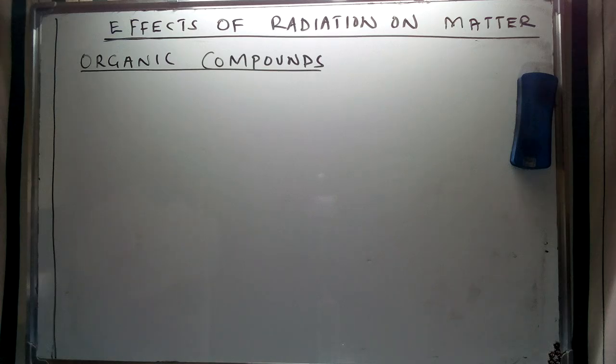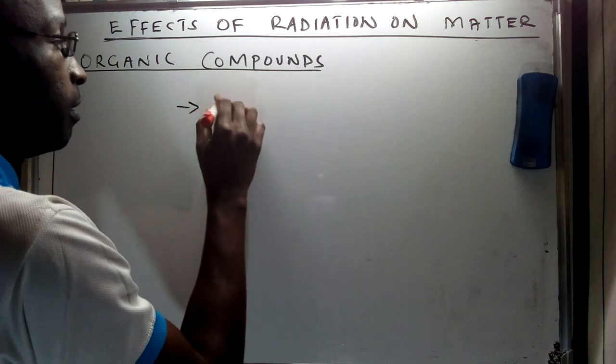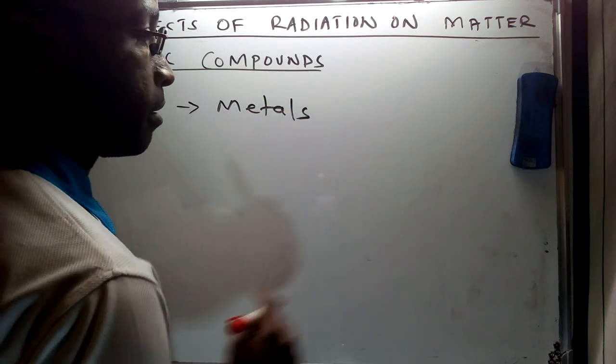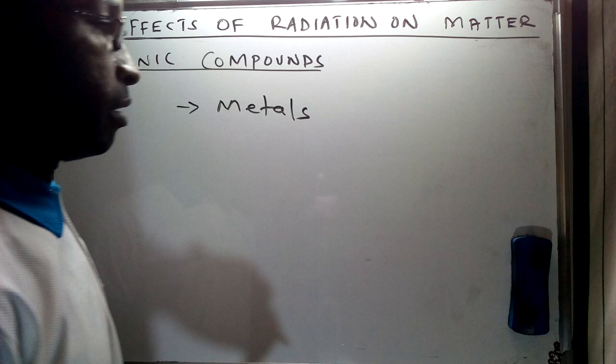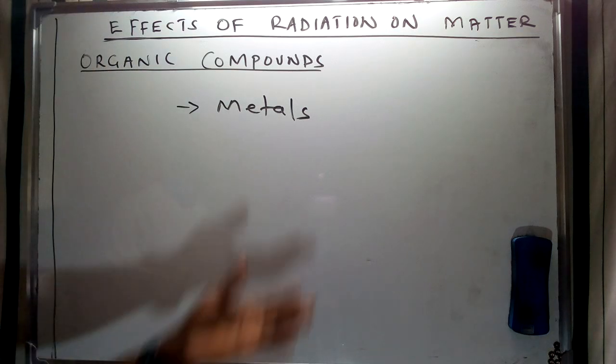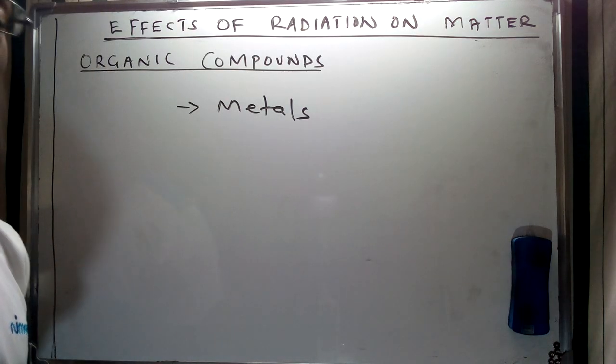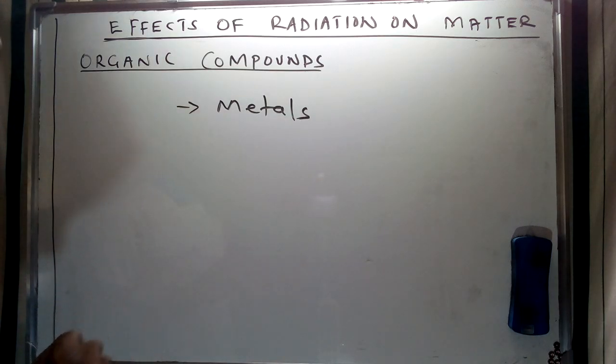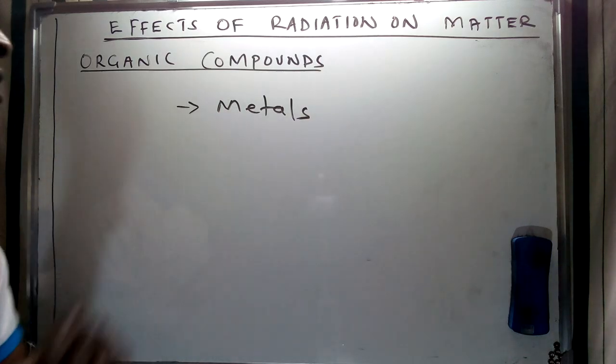So today we're going to look at the effect of radiation on matter, and basically we're going to be biased on organic compounds. Now in our previous two videos we have talked about the effect of radiations on metals, and we said that metals are made up of a solid lattice, of course, which is going to be interacting with this specific radiation, and we looked at various characteristics that were being described for metals, whereby we found out that for the concept of electrical conductivity and other aspects like volume, hardness, and tensile strength,